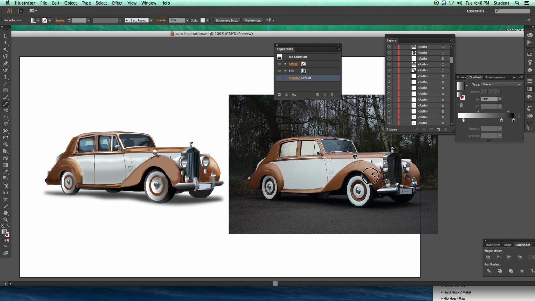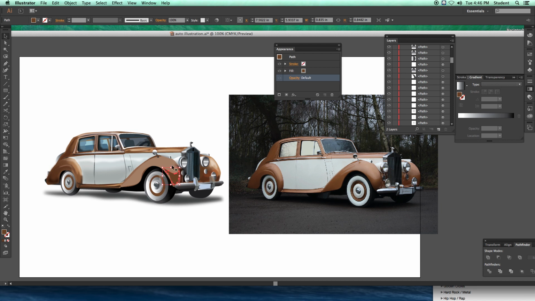So what I'm going to do is click and drag and draw out this darker tone here. And I'm going to select I for eyedropper, click and grab that color, V for selection tool, click and move that into place. Okay, it's not too bad, but it's a little too stark of a difference, a little too much of a jump there. So I'm going to grab a slightly lighter color. There we go. And V for my move tool. I sort of like it, but